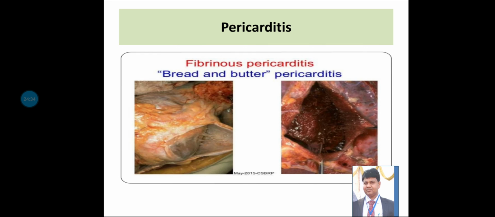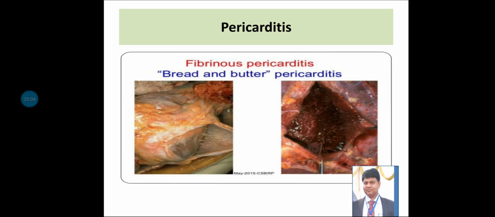That results in leakage of large molecular weight proteins such as fibrinogen into the pericardial space, where the fibrinogen is converted into fibrin strands. These strands are present in between the parietal and visceral pericardium,